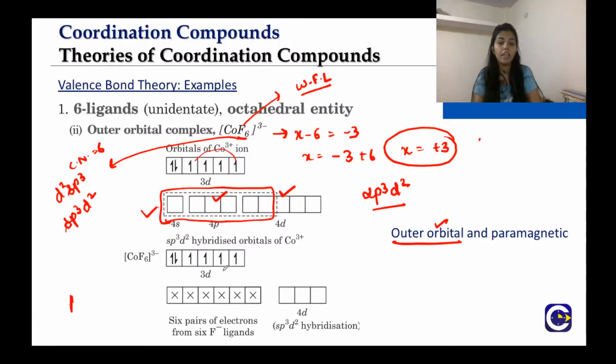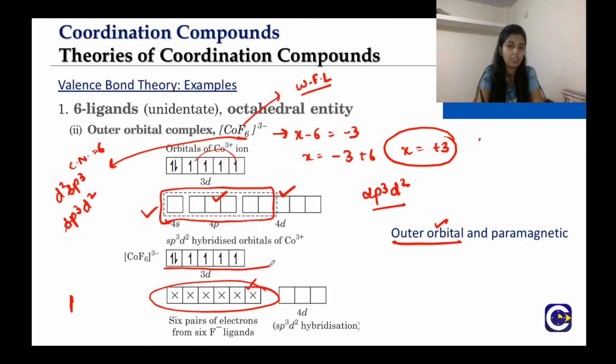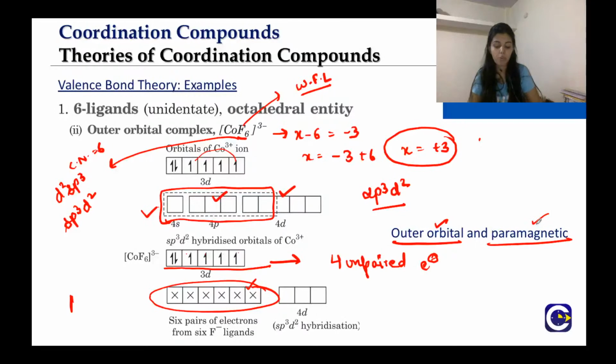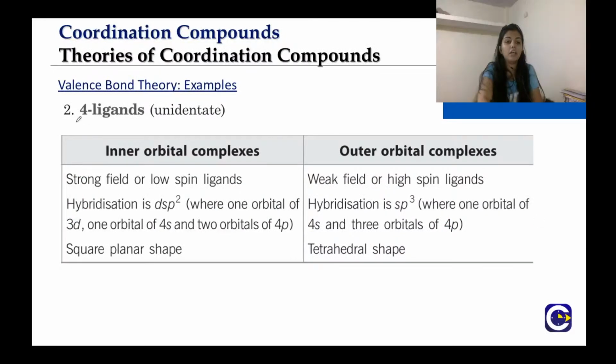Now you tell whether the complex is paramagnetic or diamagnetic. You can see that the fluoride ligands have donated 2 electrons in each orbital, so this part has fully paired electrons. But in 3d, you see that 1, 2, 3, 4 unpaired electrons are there. So because of the 4 unpaired electrons, this complex will be paramagnetic. Okay, I hope this is clear. The outer orbital complex and the inner orbital complex. Now, we will learn about